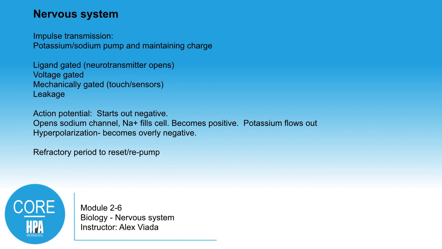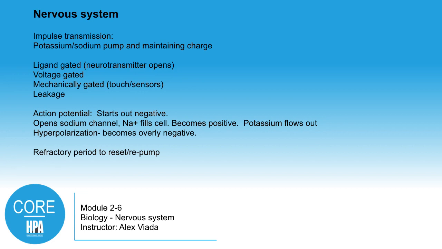Now, opening these gates, when these channels are either opened or closed, because what's happening is the neuron is constantly pumping sodium outside of it. Now, sodium is positively charged. Yes, it's pumping potassium in, but it's pumping a lot more sodium out. If you think about it, if it's pumping out all these positively charged ions, the inside of the cell is becoming electronegative. Maintaining that electronegativity is crucial for a neuron. Right now, all of those are controlled by these one-way gates. They're continuously pumping sodium out, pumping potassium in.